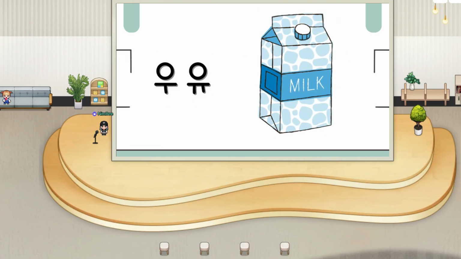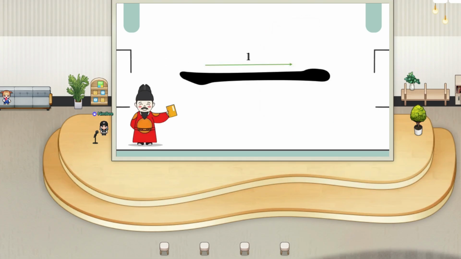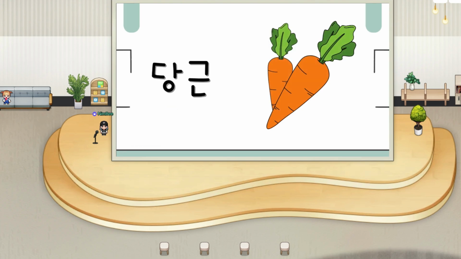and 우유, milk. Next one is eu. The sound is not oo or o, it is something between these two. You have to open your mouth more than for o and u. The examples are